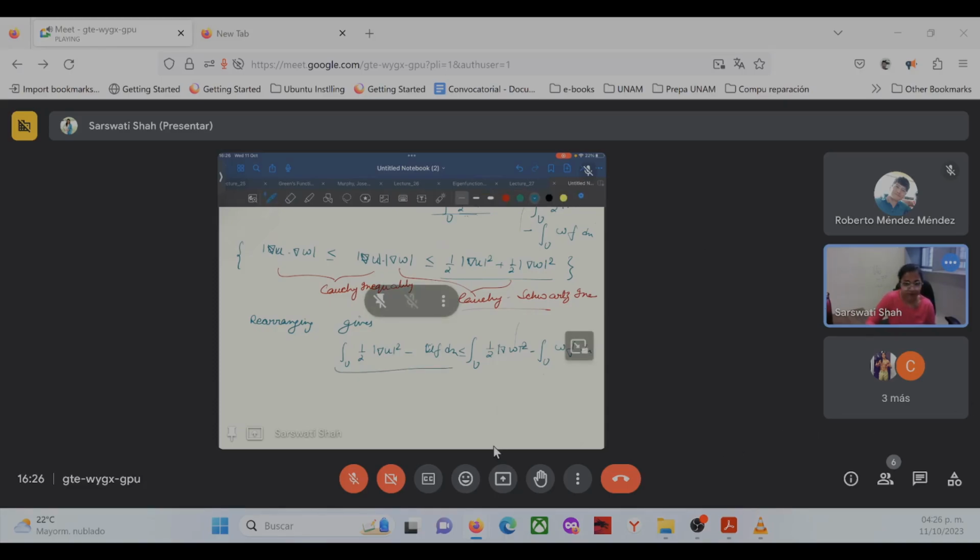Now what is this? This is the energy functional for U, and this is the energy functional for W. And from where is W coming? From the admissible set. So since U is also coming from the admissible set, because U is a solution of the given partial differential equation and it is satisfying the condition equal to 0 on the boundary, and since U is coming from this, so